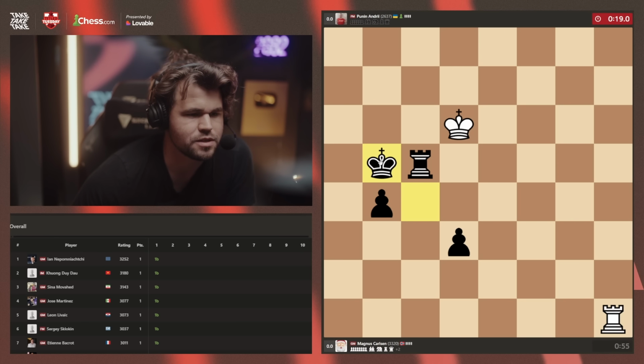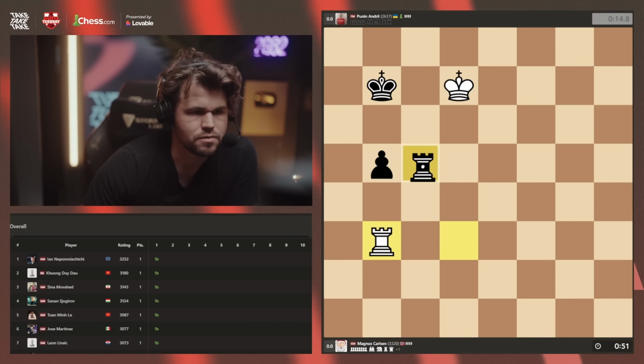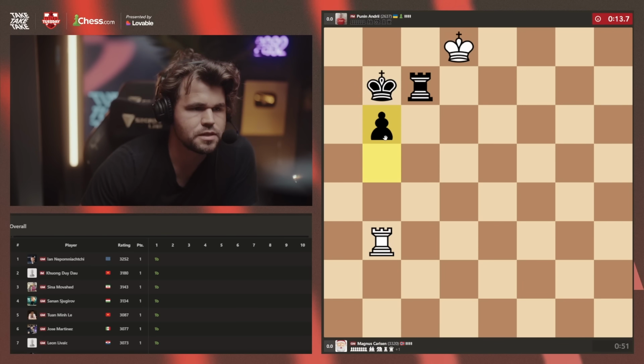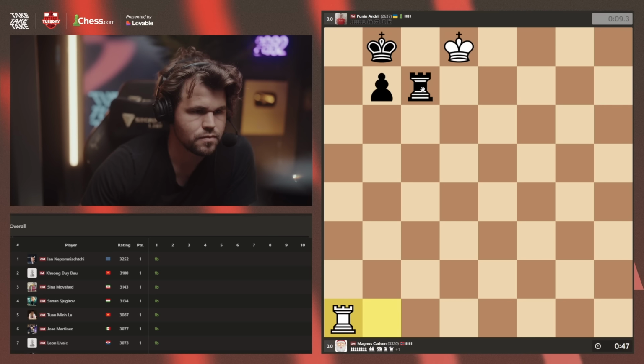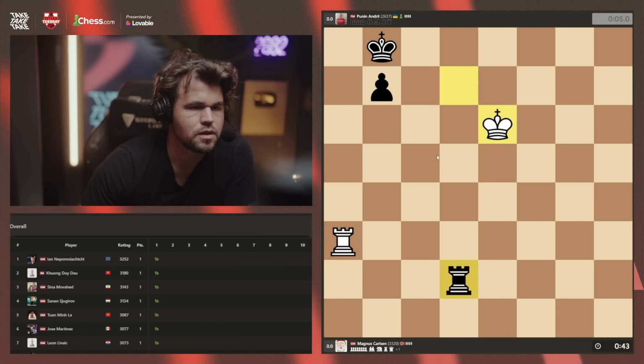The way you win such positions is often you just give up one of the pawns and you advance the other, and eventually you get to Lucena position, which is very standard from here. Check. Oh, I do appreciate